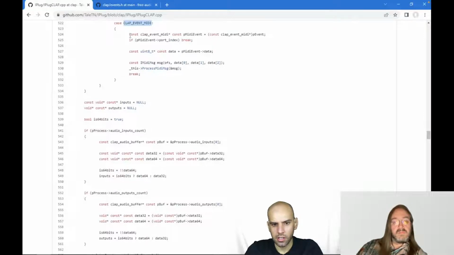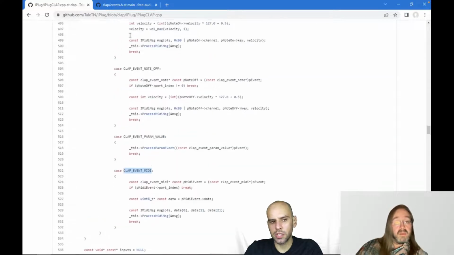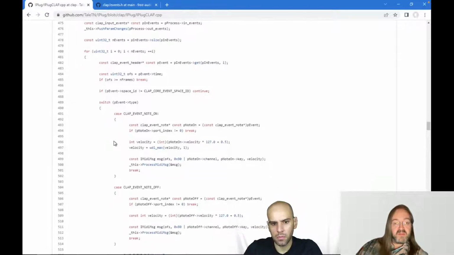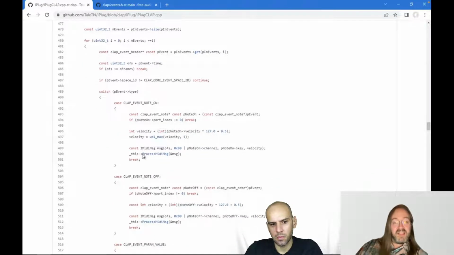Right. Okay, I like what I see so far. Can we take a look at the plugin that is using this? Sure. By the way, because I'm just mimicking VST2, I'm actually going through all the MIDI messages in front of the audio, just like JSFX does, and just handling them there. So that does mean that my plugin will have to queue the MIDI messages again if it wants to process them sample accurate. And of course, I will want to do that. But that's because VST2 also works like that.